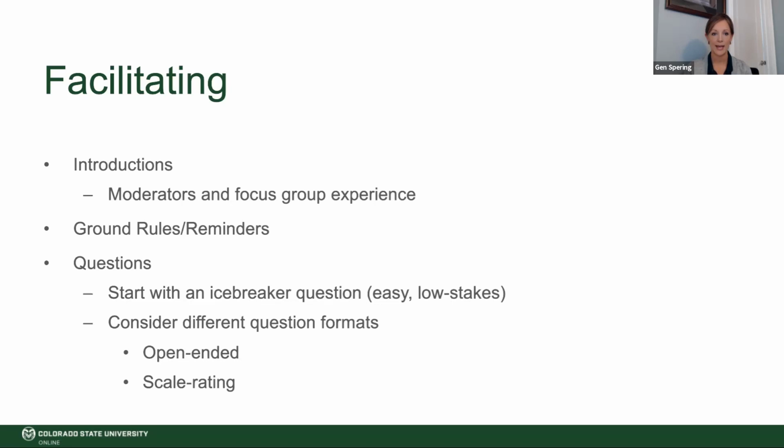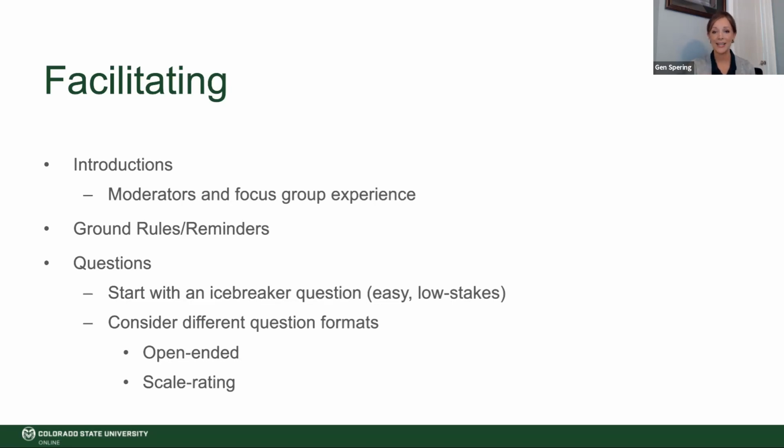And then it's helpful to cover some etiquette things too. For instance, that one person speaks at a time, to listen respectfully, even if they may disagree with what someone else says. And also very helpful to just set the stage that the moderator may need to step in and interrupt the discussion in the interest of time to keep the conversation flowing, or if there's one or two people that really seem to be dominating the focus group, to then be able to pivot into maybe hearing some other voices. Saying that up front makes having to say it as a moderator during the focus group far less awkward.